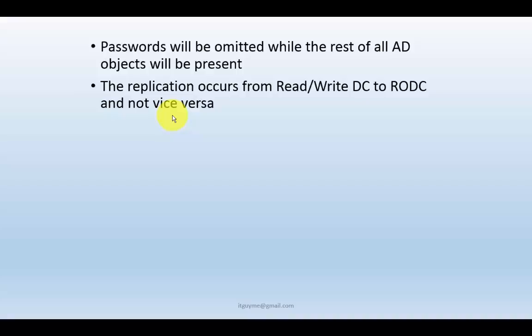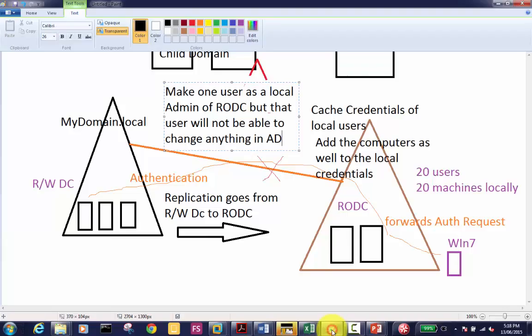So replication, guys, on this arrow: read and write will update RODC, but RODC will not and cannot update read and write. Yes, right? So replication always goes from read and write to RODC. Okay,